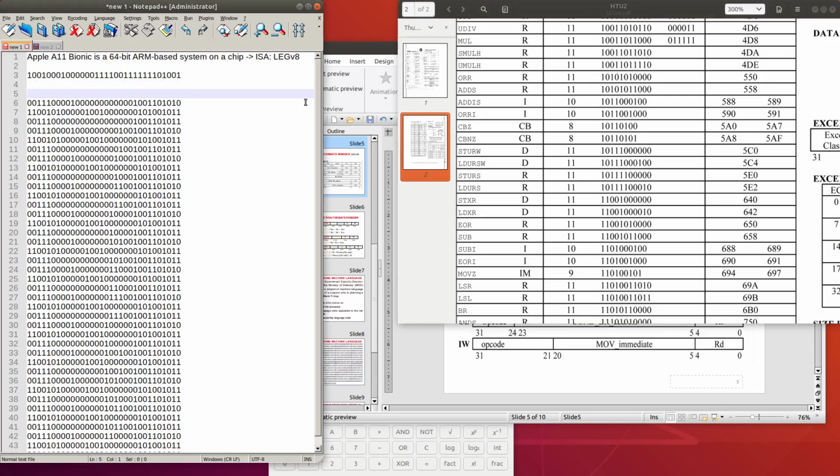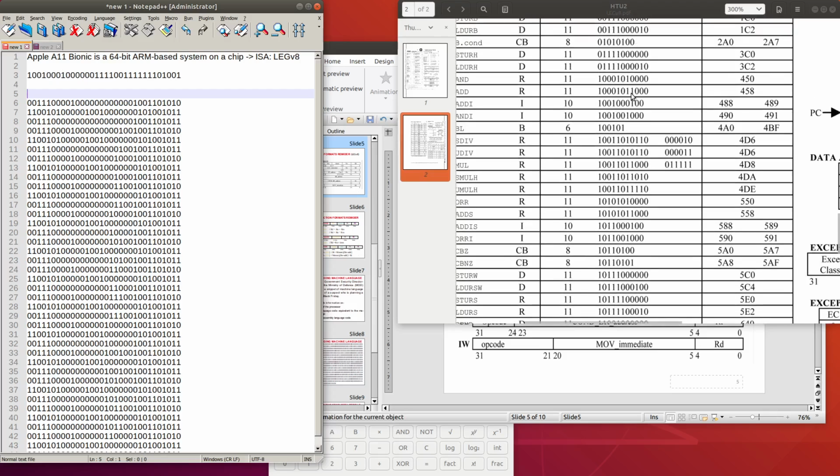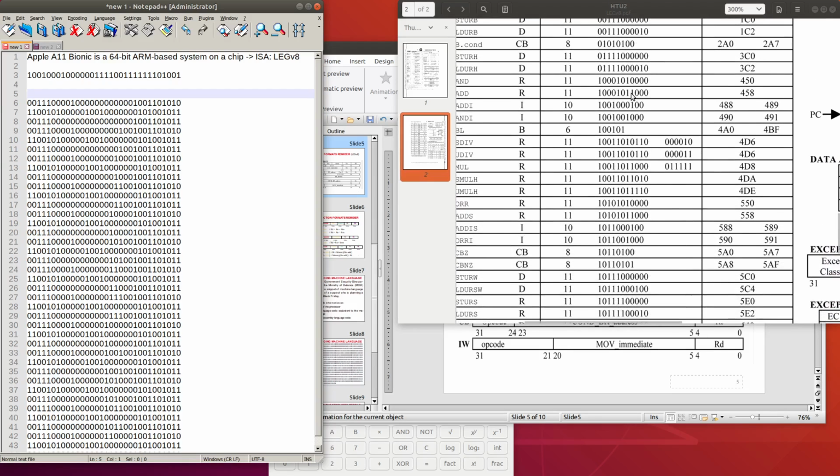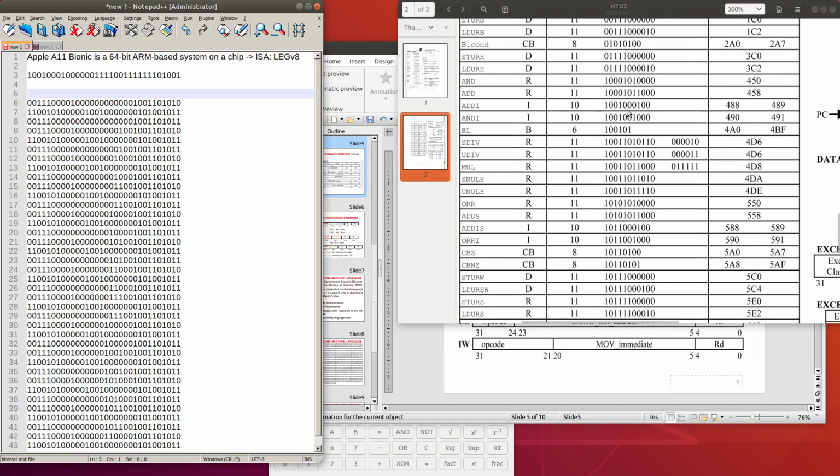This instruction starts with 1 0 0 1, then 3 zeros, and then 1 0 0. So we try to find all instructions that start with 1 0 0 1. Here you can see 1 0 0 1 starts from here, and then 3 zeros and then 1 0 0.